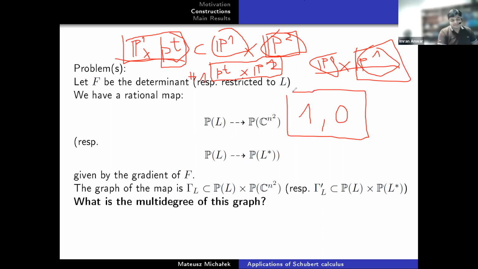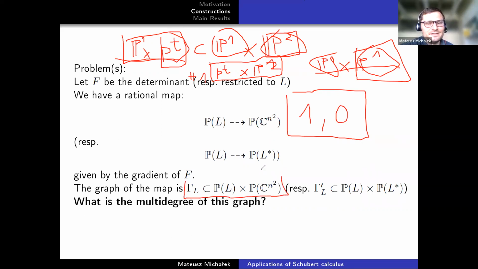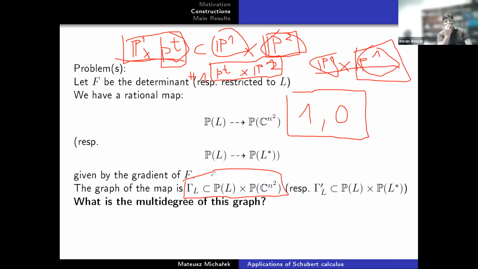So in this example, my multi-degree will be 1, 0. And you can play with any variety. You will get dimension of the variety plus 1 many numbers, and you see they are not equal. And how to view it graphically? The multi-degree of the graph, you are saying? Well, this graph sits here, and we just have to start intersecting it with those hyperplanes from the left. There is a command, for example, in Macaulay2 that does it algebraically and returns you this multi-degree.